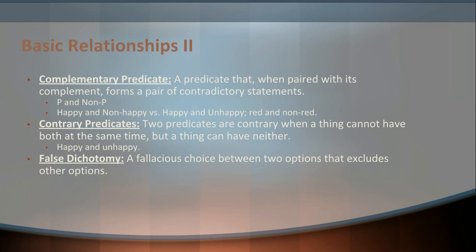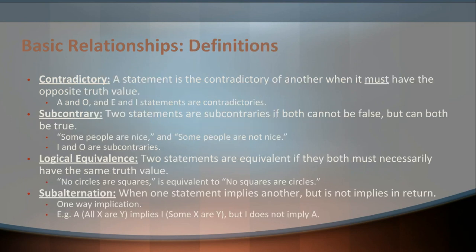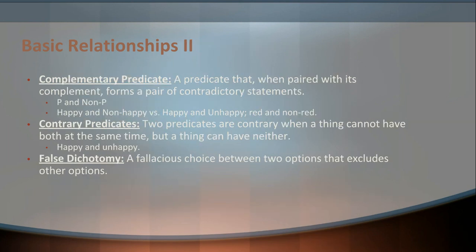Another thing to note: contrary predicates. Contrary predicates are two predicates that cannot both be in one thing at the same time, but it is possible for something to have neither of them. So just like contraries or subcontraries are things where